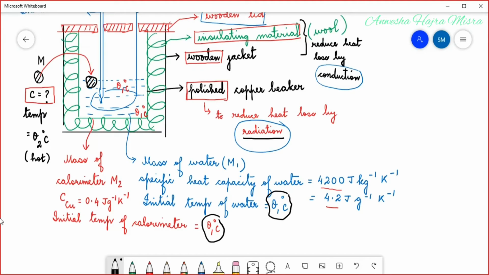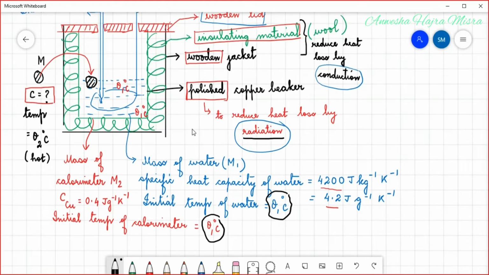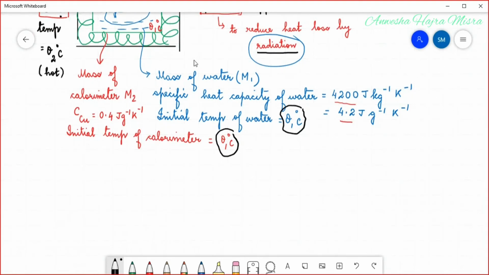Now as soon as M is put inside the water, the lid is again placed in the proper position so that no heat is lost from the calorimeter to the surroundings. As no heat is lost, from the principle of mixtures or the principle of calorimetry,